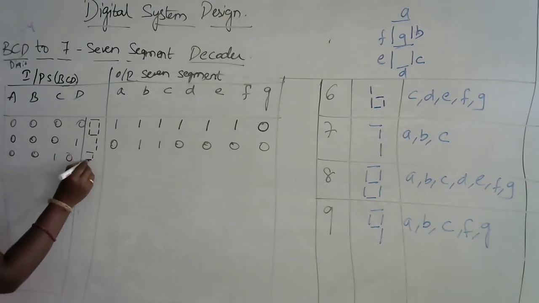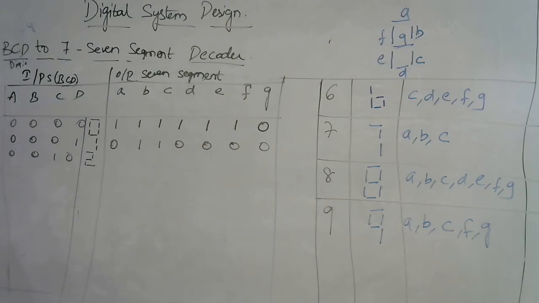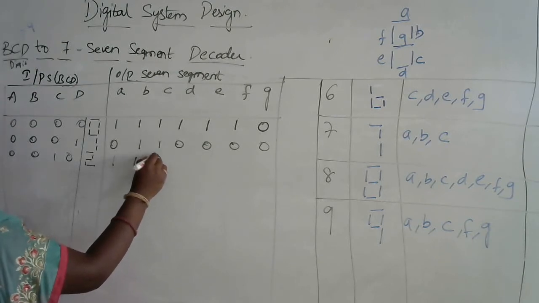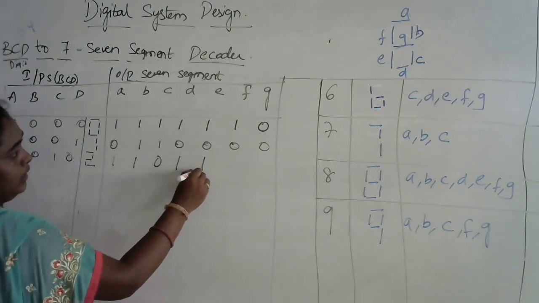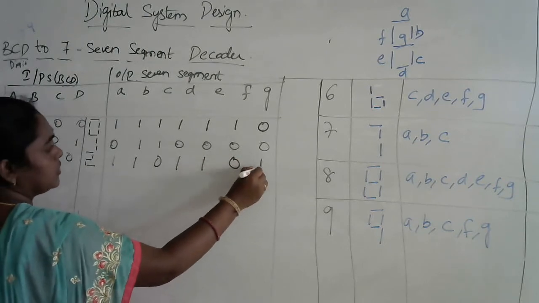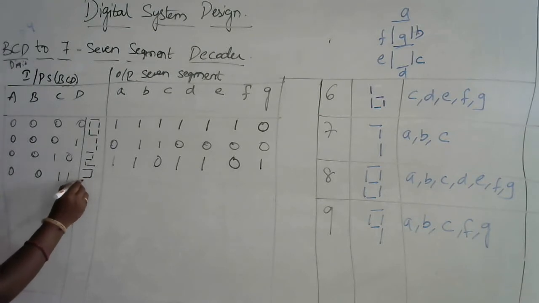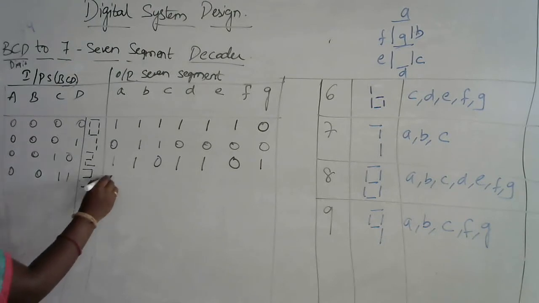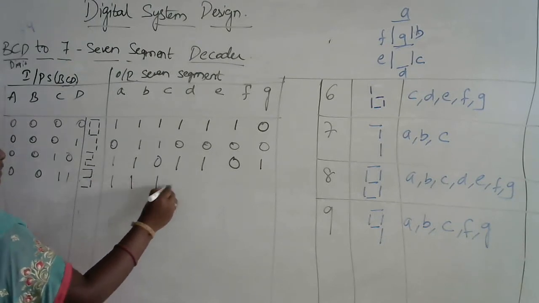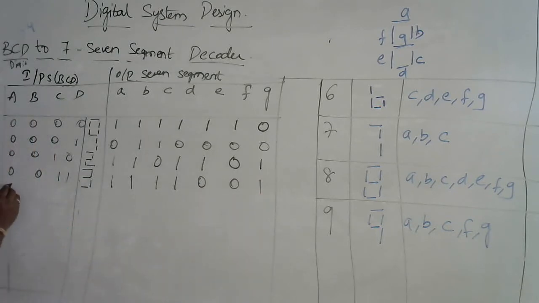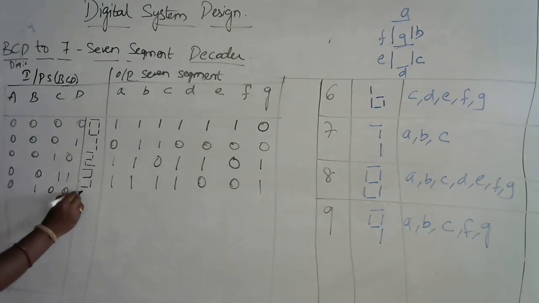Similarly, the next is 2. 2 can be represented in this way, which we have seen just now. So for 2, the values are A, B, C is not there, D, E, F is not there, G. Similarly, the next number is 3. If you write down 3, the corresponding is A, B, C, D, E and F are not there, G is 1.